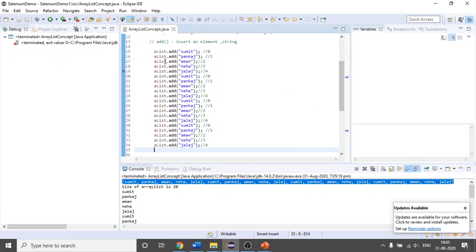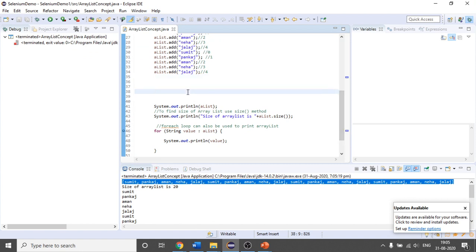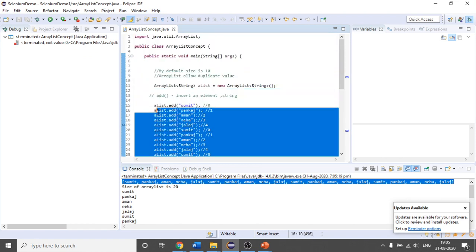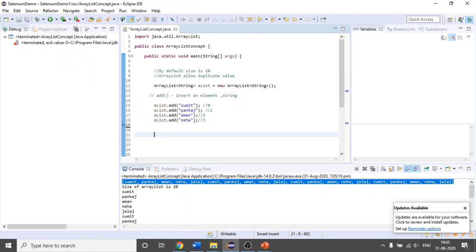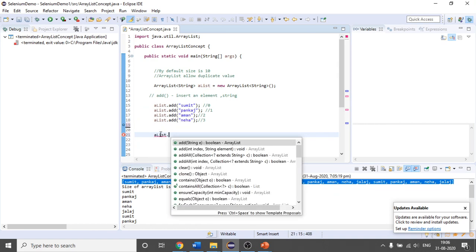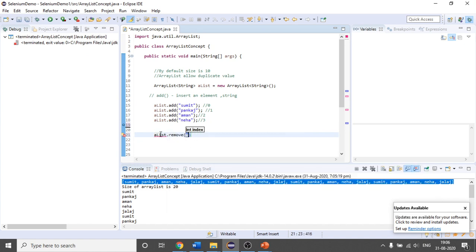So we have deleted name only, right? I think if you write like this, wait. You are saying that if I should, let me first remove this. Okay, so I think you can, if you write a list dot remove. Yeah, there is a way. Let me tell you. See, if you want to remove this, instead of index, you can remove by value. I think if you put like this, Sumit. Yeah, it will work. I think it should work.